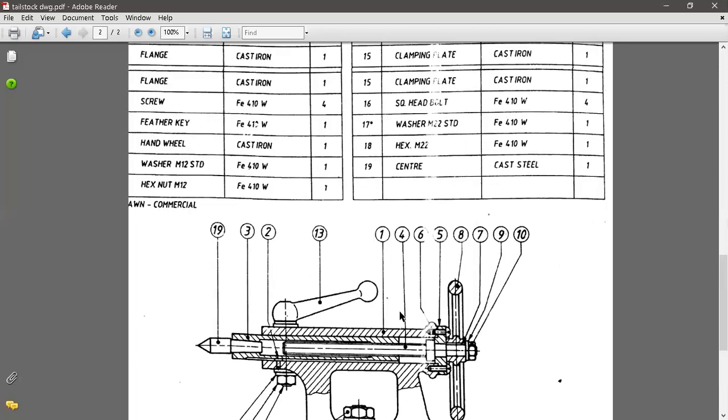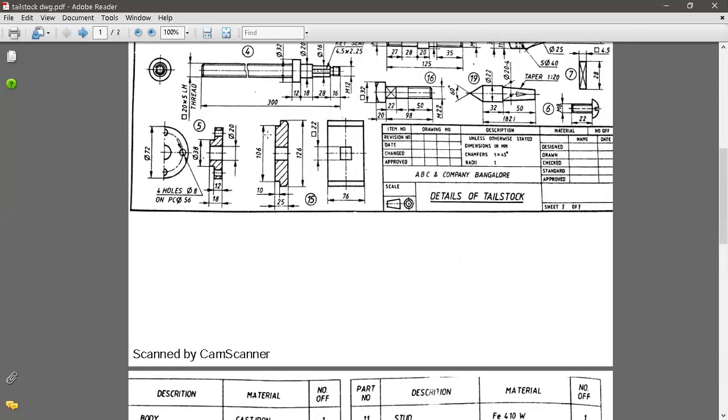That means if you consider this as the front view and this is the top view, then if you observe the 90-degree rotated portion, whatever view is given in the assembly will become the side view. So it need not be one of the views here. These component drawings help us create the 3D part.